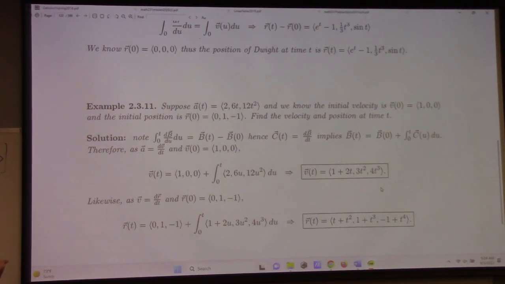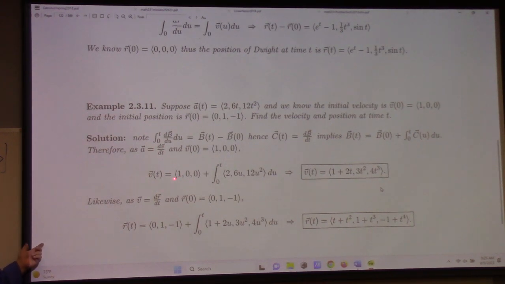The way I'm doing it here is I'm using the net change theorem. So I'm doing a definite integral of both sides. See, this integral from 0 to t of db/du is b of t minus b of 0. So I'm using that theorem on the fact that a is dv/dt. I'm integrating both sides here, and that's giving me